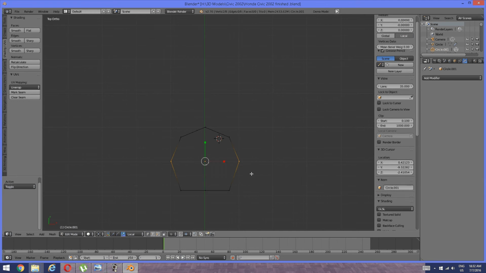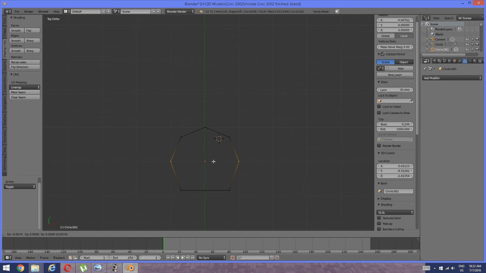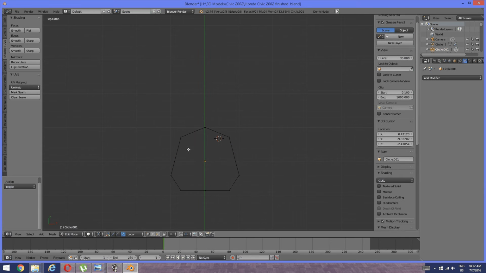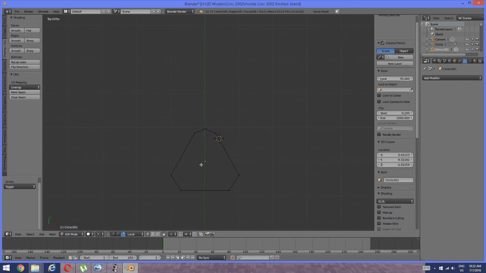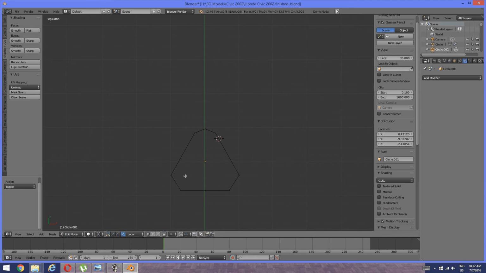B again, go grab, y-axis like that, go B right here, scale like that, go grab like that, y-axis, edge select mode,